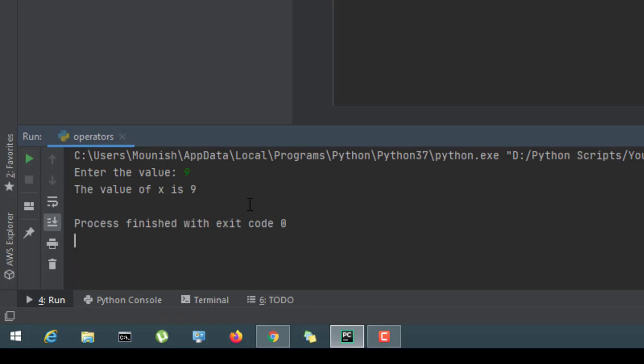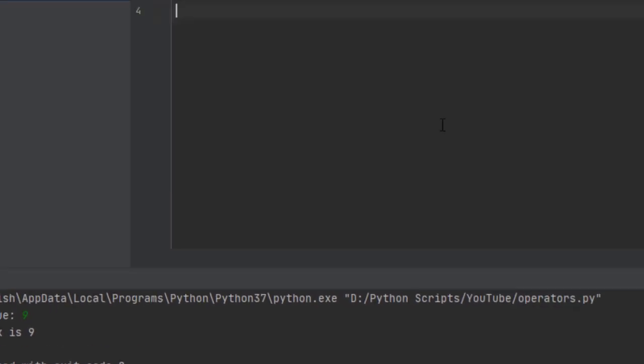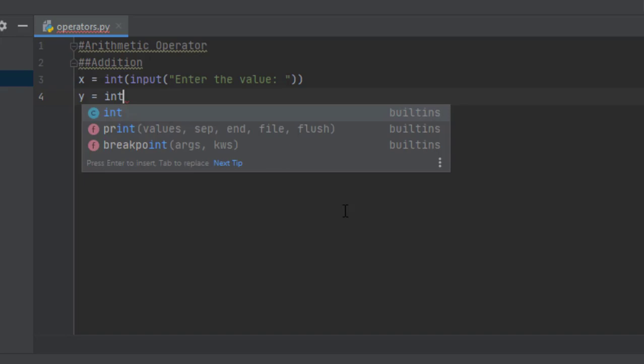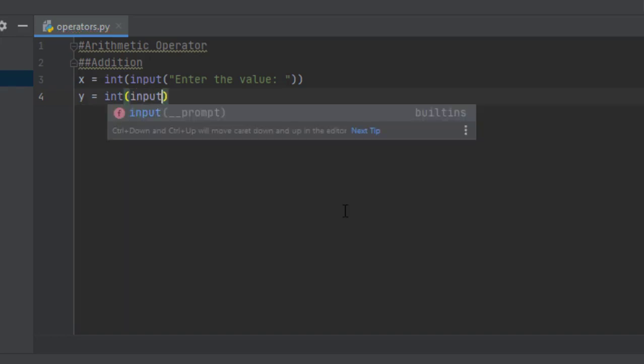Okay, this is where you learn about the input and print functions and how to assign an integer, a character or a floating data type to a certain variable. Apart from this, we'll learn the rest in the coming sessions. Now we know the value of x. Now the same thing, I'm going to do for the value of y.